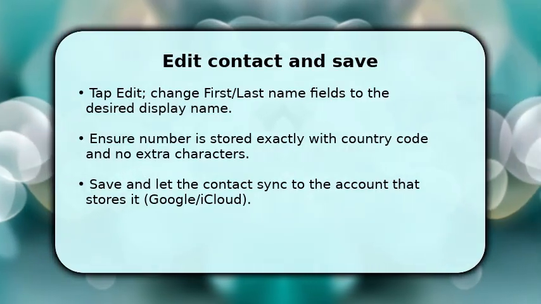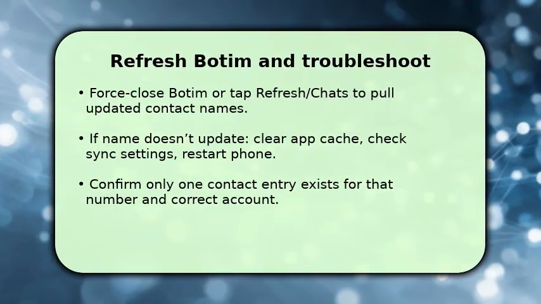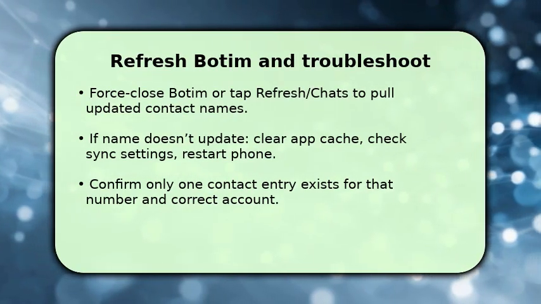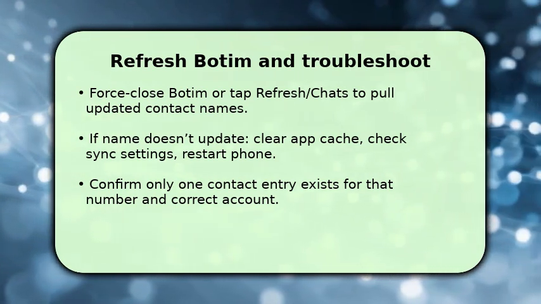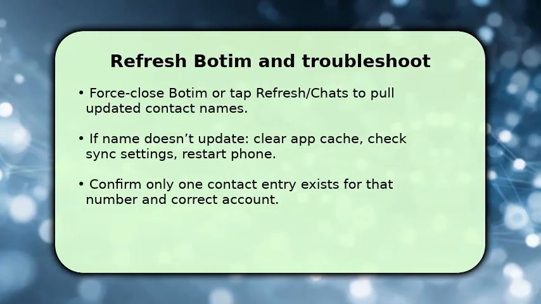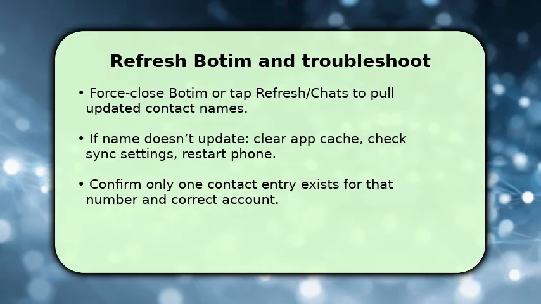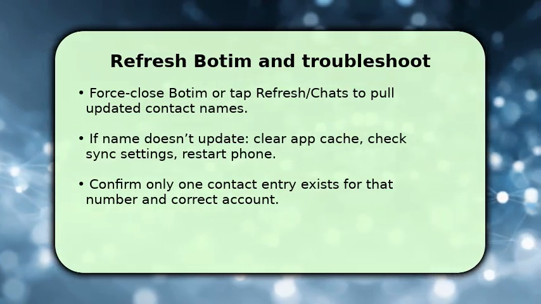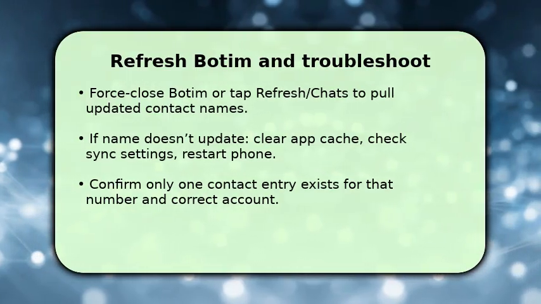Finally, open Botim and let it refresh contact data. If it doesn't update immediately, force close the app and reopen or use any in-app refresh. If the name still shows old text, clear Botim's cache on Android or restart your phone. Make sure Contact Sync is enabled for the account you edited. If problems persist, check for duplicate contact entries or incorrect country code and confirm you edited the account Botim reads. This process fixes almost